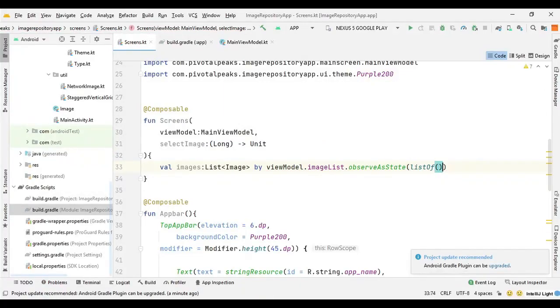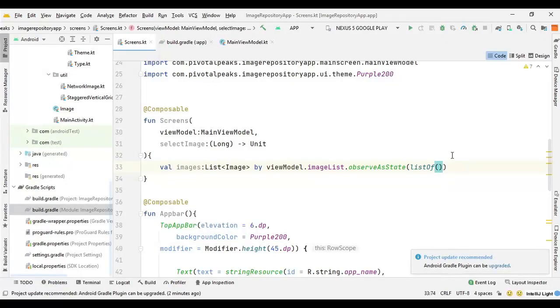So we can just import it. So what it does, it starts observing this live data and represents its value via state, and every time there would be a new value posted into the live data, the returned state will be updated, and it will cause recomposition of every state.